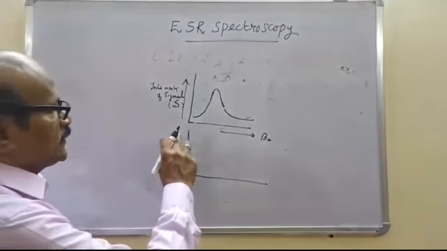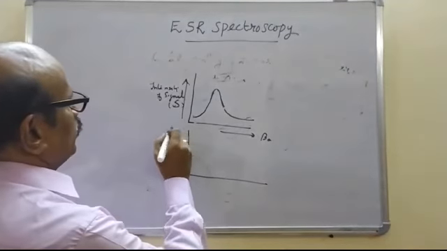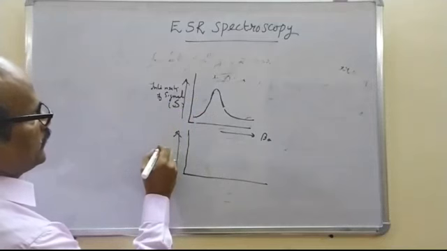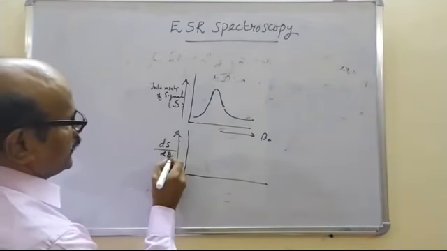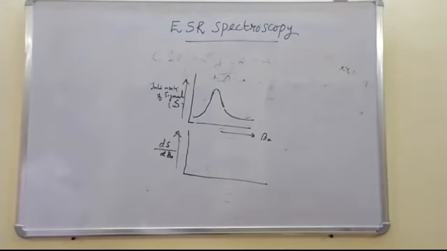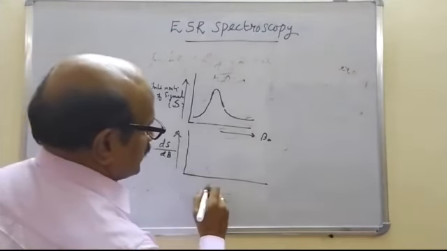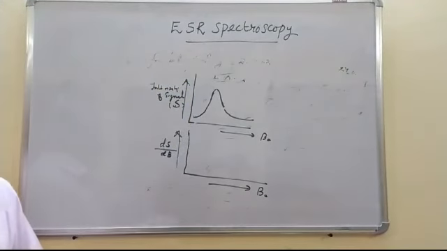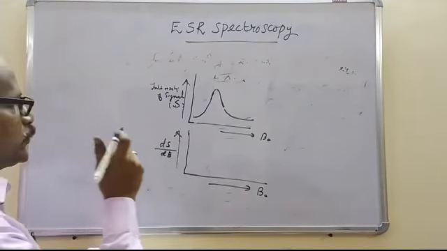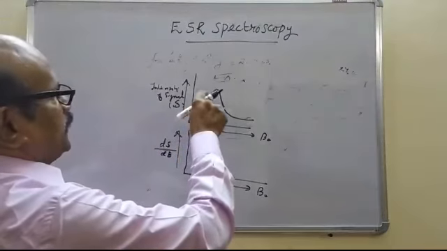So in actual cases, instead of the intensity of the signal, the first derivative of the signal intensity dS by dB0 is plotted against B0, so that corresponding to the peak,